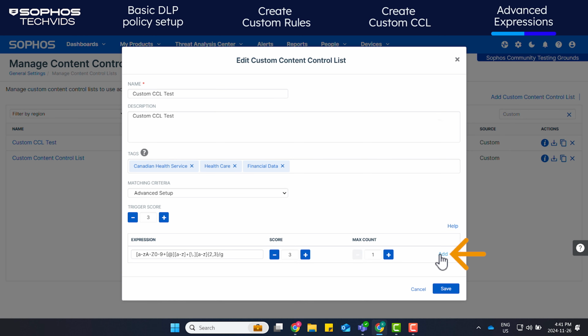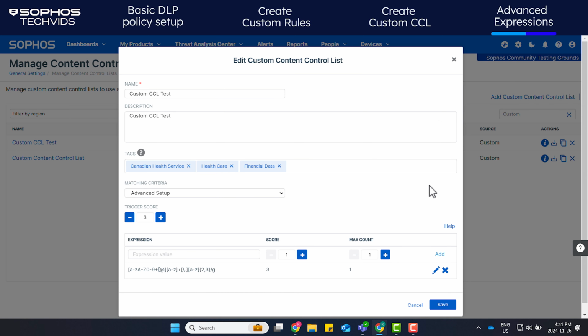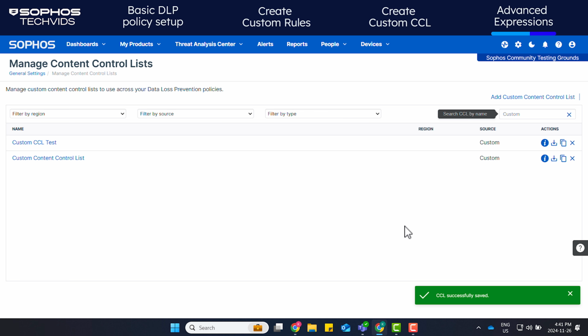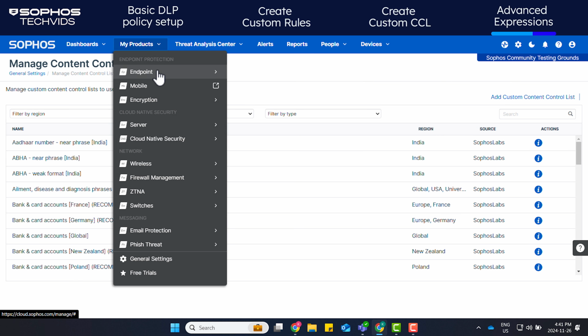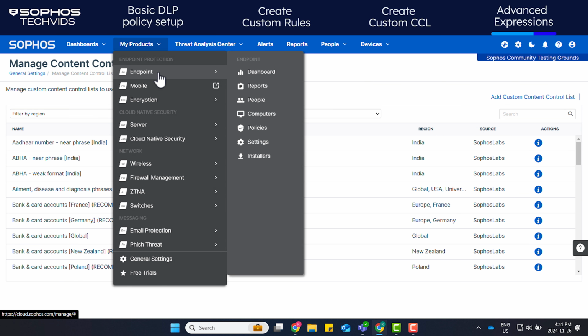Click Add to create the expression. If needed, you can click Add again to create more expressions. Click Save. To add the CCL that we created, go to My Products, Endpoint, Policies. Select the policy you wish to add the newly created CCL to.